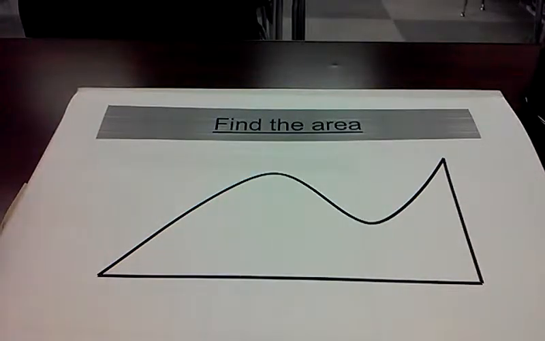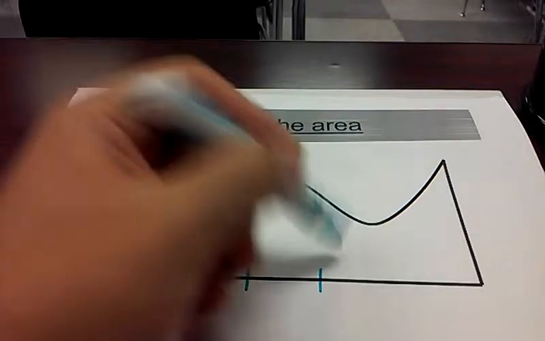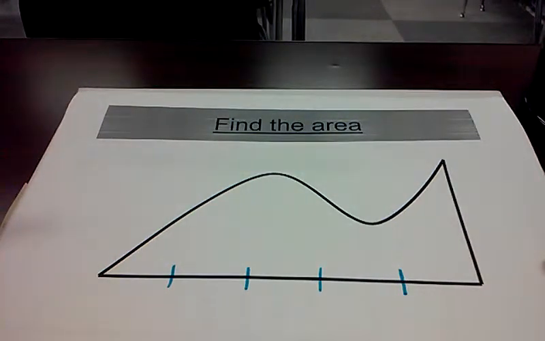However, what if I ask you to find the area of a non-geometric shape? So what if I wanted you to find this shape? Unfortunately, without calculus, you wouldn't be able to find the exact area of this shape, but you could approximate it using rectangles. One way you could do so would be to divide this interval into subintervals, and then you could